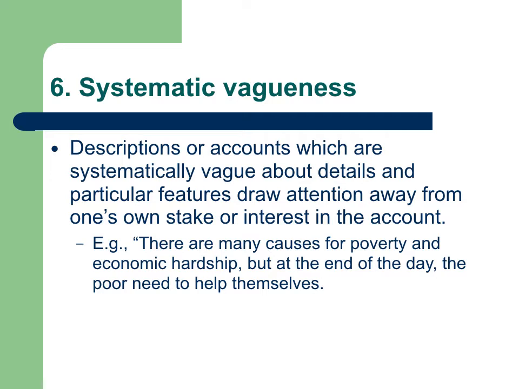At the same time, systematic vagueness can also work in the same way when people provide accounts and descriptions which are vague, and there's a lack of detail and a lack of particular features. This actually draws attention away from one's own stake and interest in the account. So it's quite interesting the way in which both providing vivid detail and being systematically vague can work the same way rhetorically. You often see this being used in political discourse, for example, where